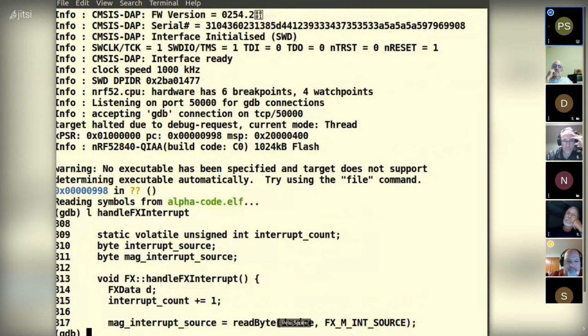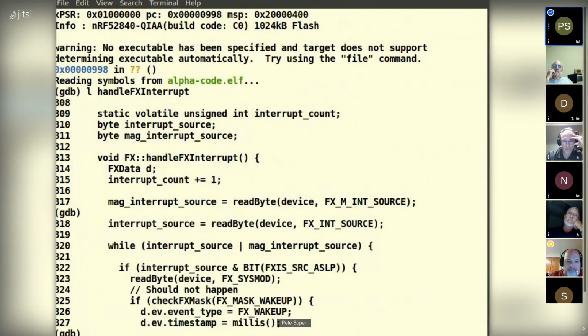Here's a function called handle FX interrupt, which is the interrupt handler for the 6-axis sensor chip that's being used, the NXP FXOS8700 accelerometer magnetometer chip. This is the C++ function that gets called with that interrupt.